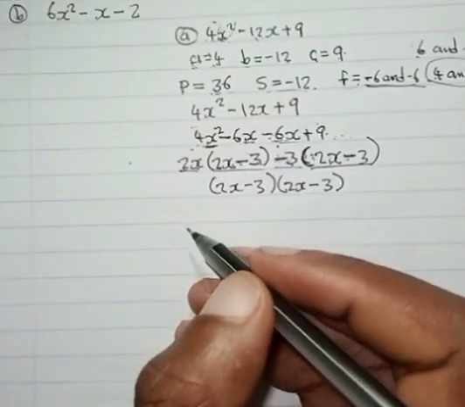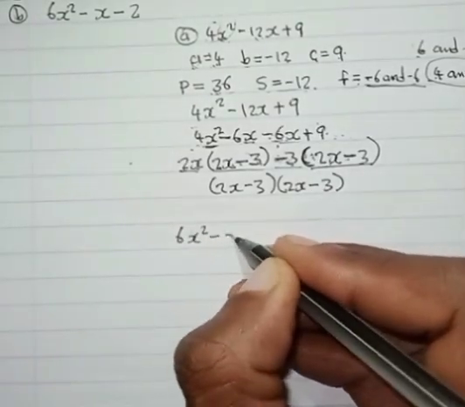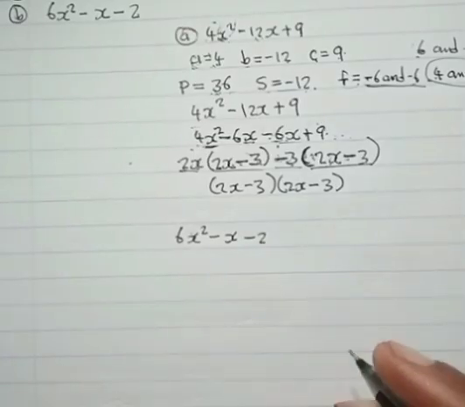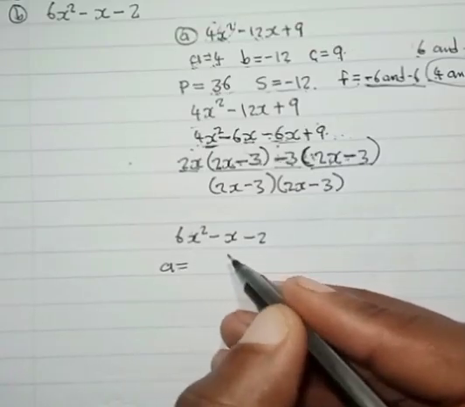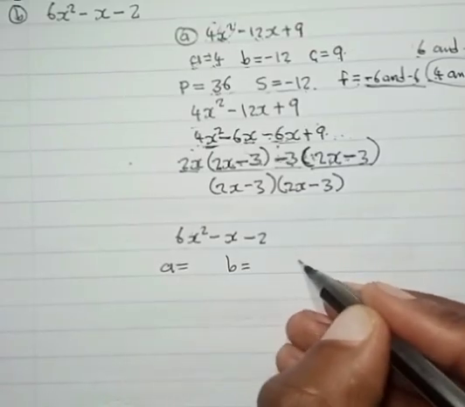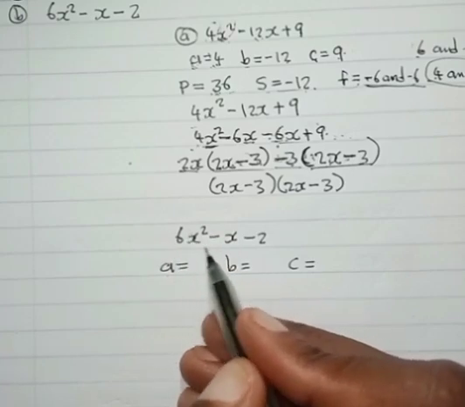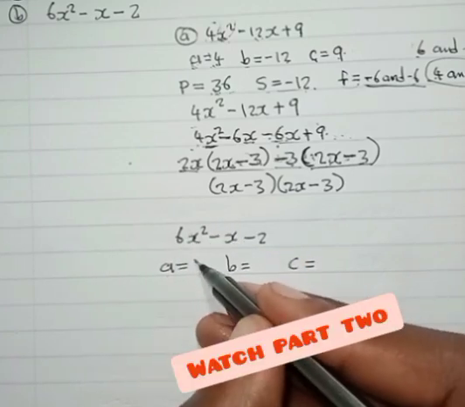So this one will be fast. So we have 6x squared minus x minus 2. To factorize this expression, we need our coefficients a, b, and our c. So the A is this number which is in front of the x squared, which is just the 6. And